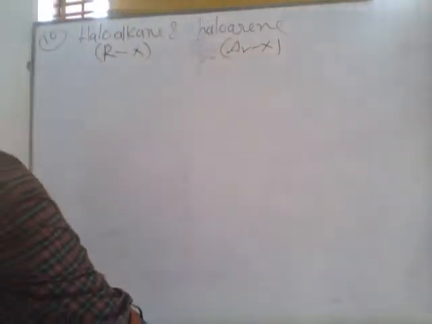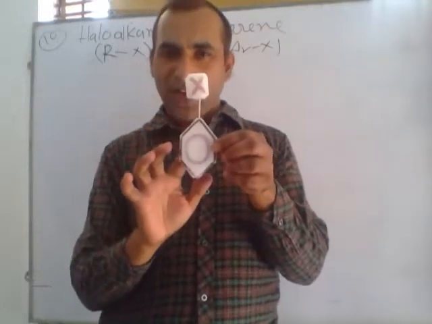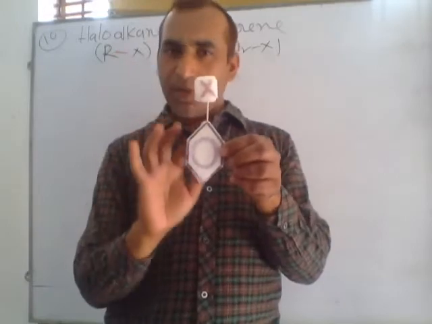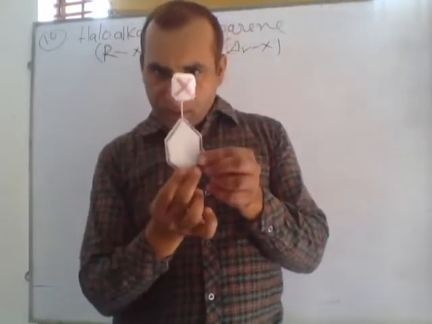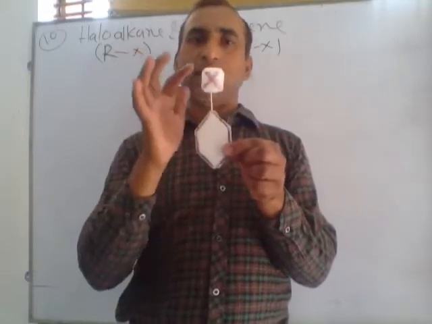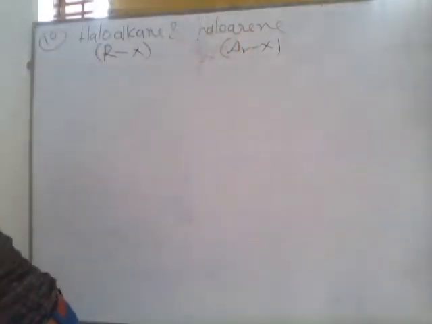But this is called haloarene, just like bromobenzene, chlorobenzene, but this is again haloalkane because this is cyclohexane. This is haloalkane. So today our topic is how can we prepare